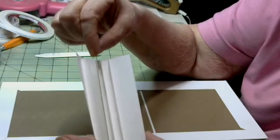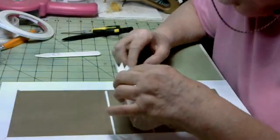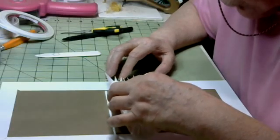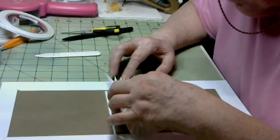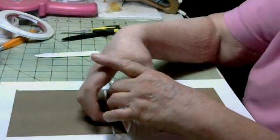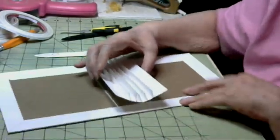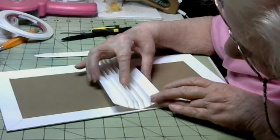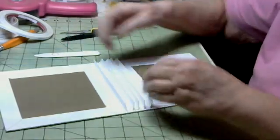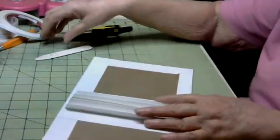Okay, we're going to line that hinge up with the middle line that we marked on the cover, and with the 1/8 inch line that we have, so that it's down from the top. Now, without letting go of this, I just pressed it down very lightly. I'm going to come down here and make sure that this side is also lined up. Then once you get it down there, you just crease all of the, press all of the,